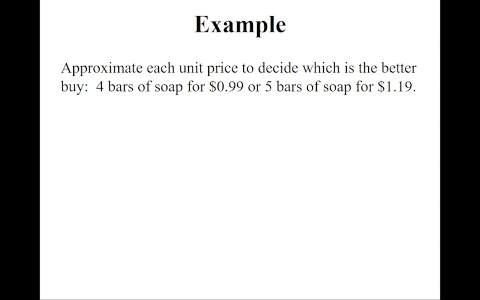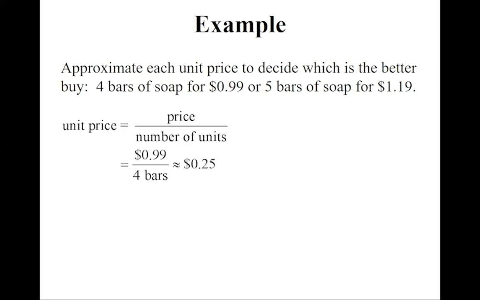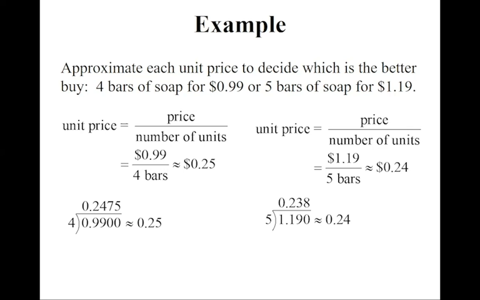Approximate each unit price to decide which is the better buy. 4 bars of soap for 99 cents or 5 bars of soap for $1.19. Now, the reason it says approximate is because we might have to round to the nearest cent. Doesn't mean to go ahead and round the numbers. So let's divide 99 cents to 4 bars, or $0.99 to 4 bars. We divide 0.99 by 4 and we get